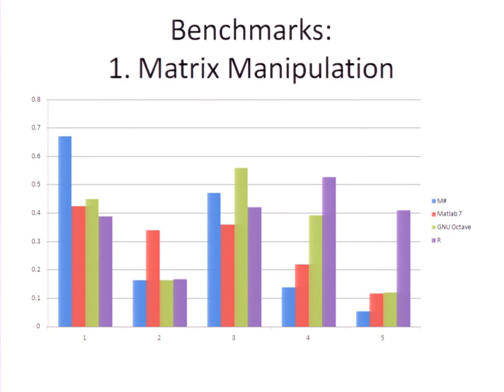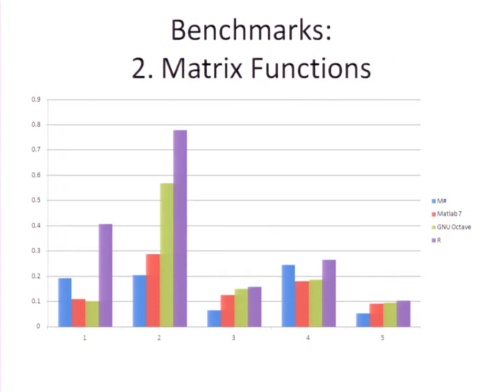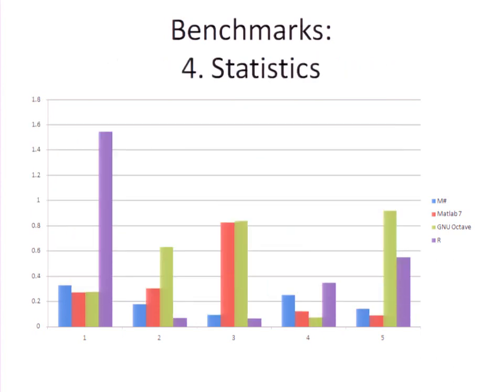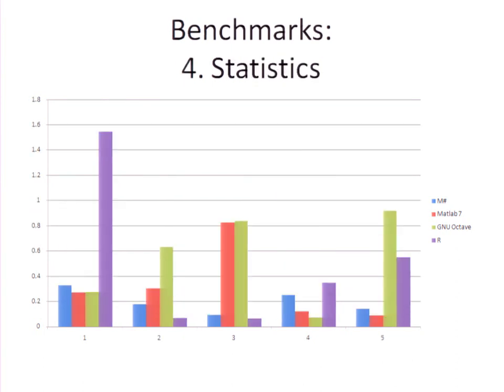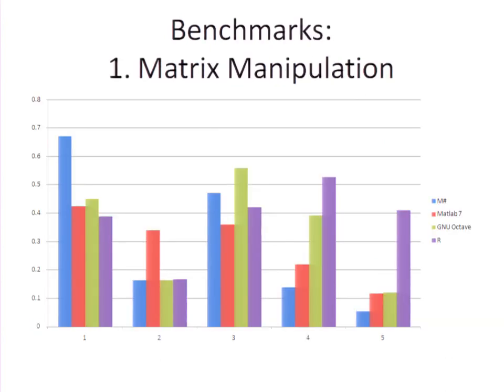The blue bar, the first bar, is M-sharp. The red bar is MATLAB, an older version. Green is Octave, the open source MATLAB clone, and purple is R, the statistics package. And I'll just go to the actual summary. The x-axis are different benchmarks. For example, the first one here is